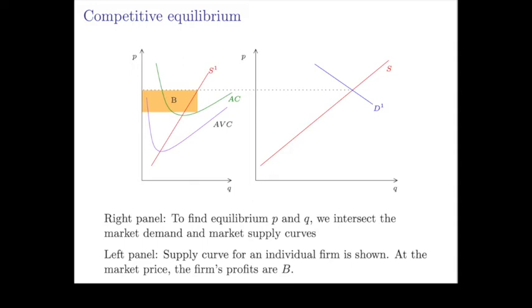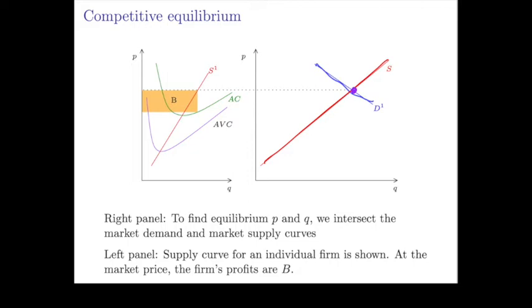We've finally built all of the ingredients we need to describe the market, and therefore the competitive equilibrium. We now know where the market demand curve comes from, we know where the market supply comes from, and so we know how to find the competitive equilibrium. Given the competitive equilibrium, we can figure out what the impact of the competitive equilibrium is going to be on